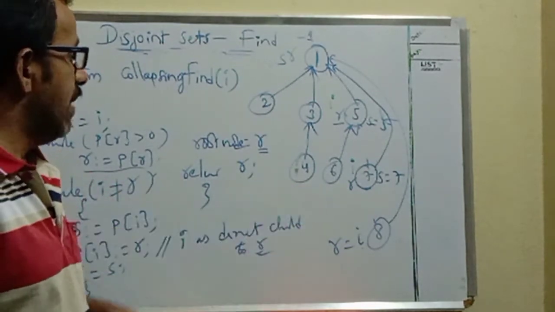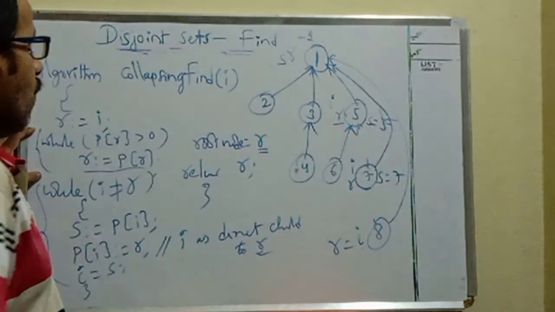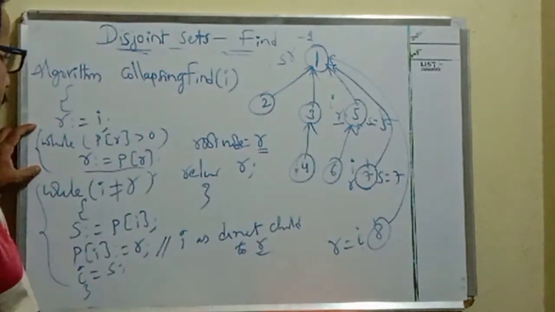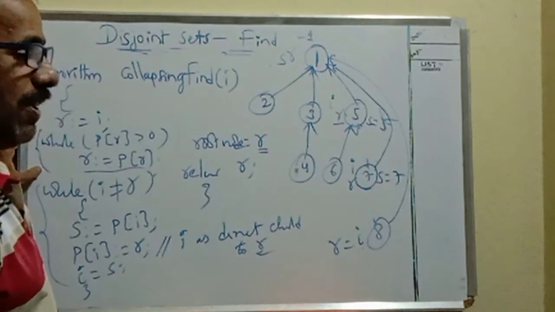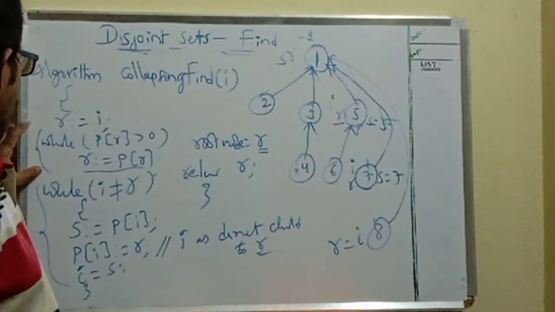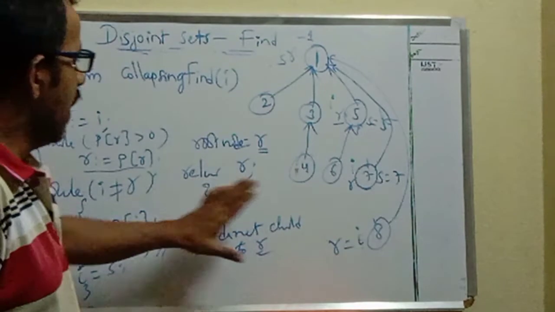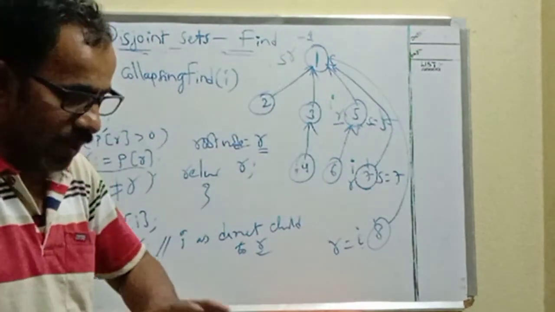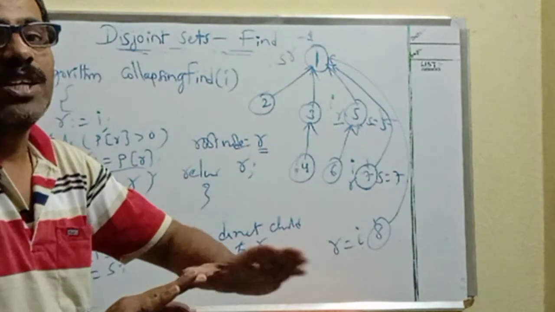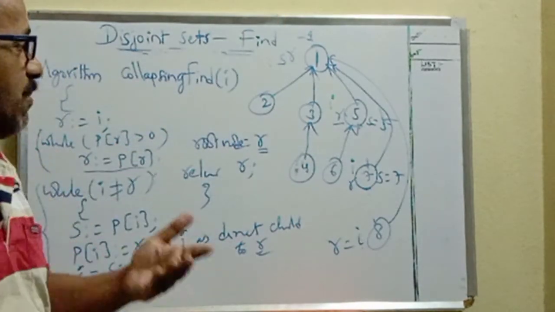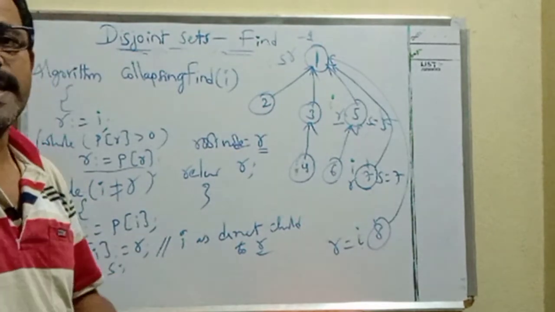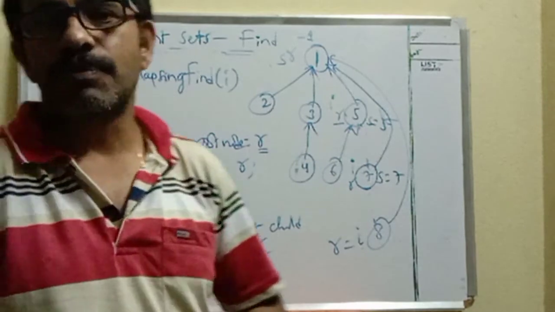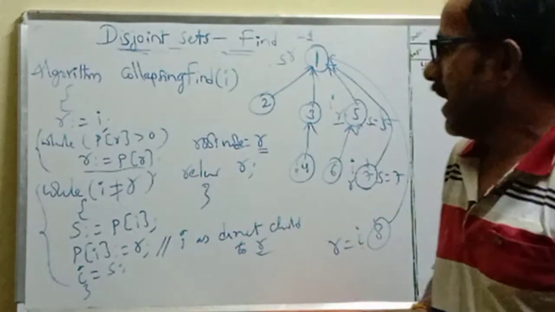But if you apply find of 6, initially we need to find the root node of 6 in this particular tree. So this is common. Initially, first time if you apply find on any node, this step is common. After that, if you apply collapsing rule, whatever nodes are there in the path between root node and the finding node are simply attached as direct nodes to the root node. Next time if find of 6 is required, immediately we get the answer because 6 is the next immediate node of root node. So like this we can apply collapsing, and we can reduce the time complexity for this particular node.